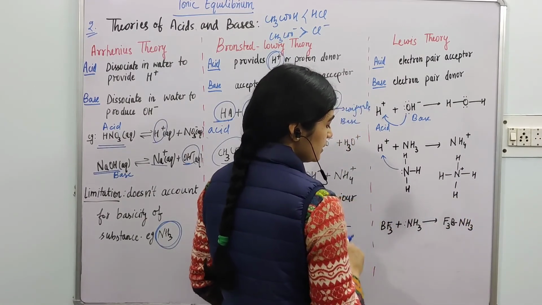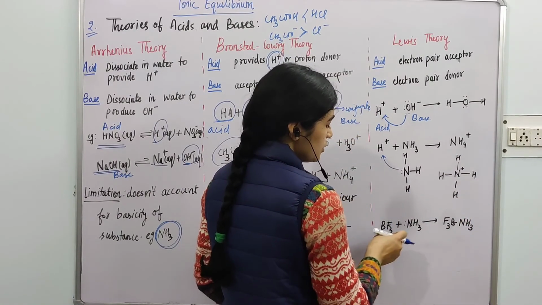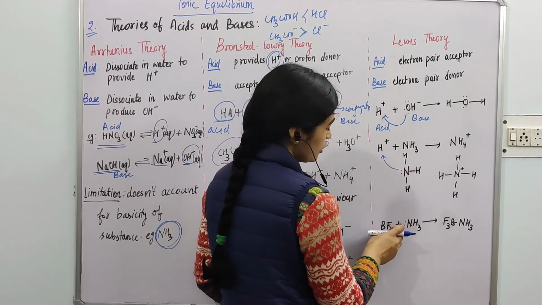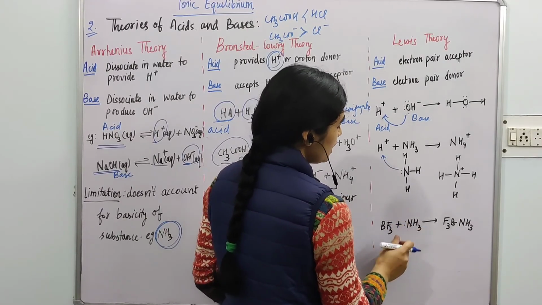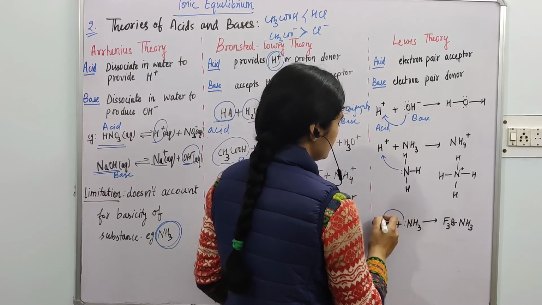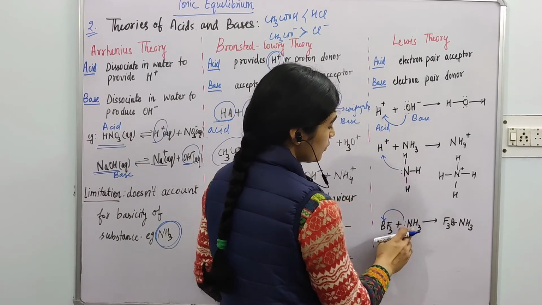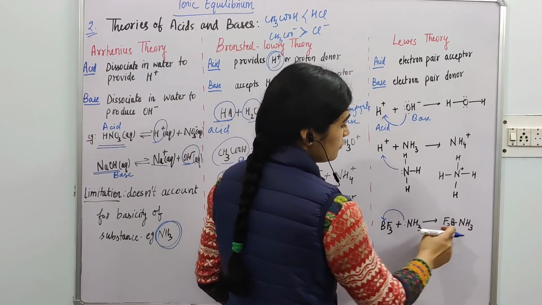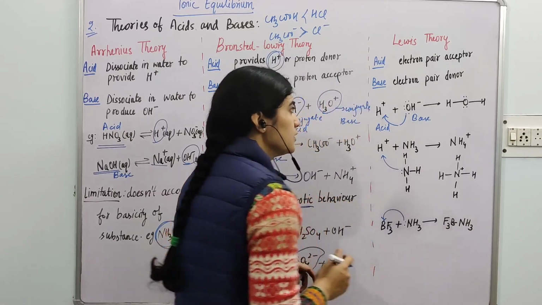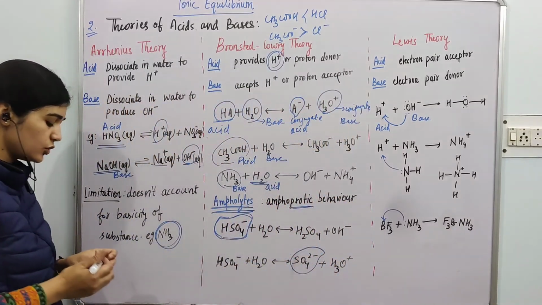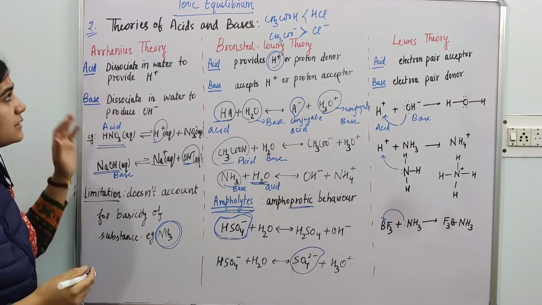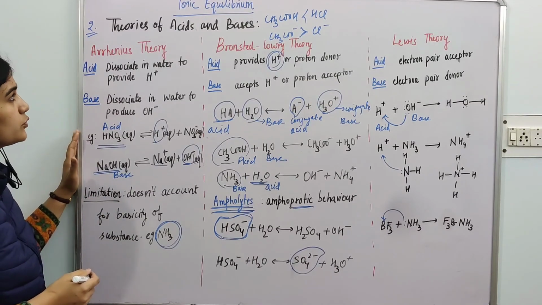Similarly, BF3 is an electron deficient species. So it acts as an electron acceptor, and when ammonia donates a lone pair from nitrogen to boron, it forms a bond like this. So these are the three theories of acids and bases that we were supposed to study in